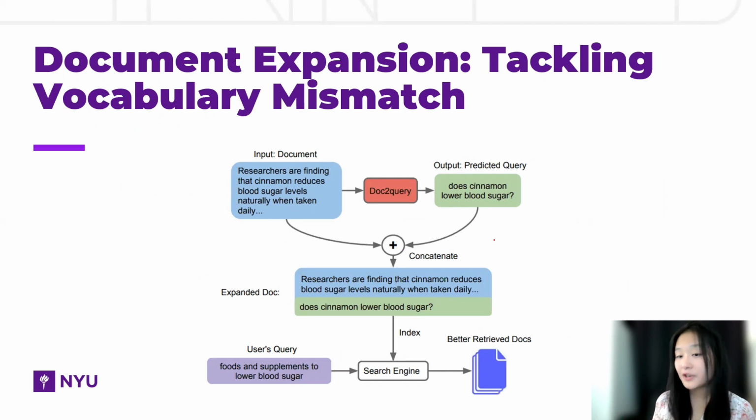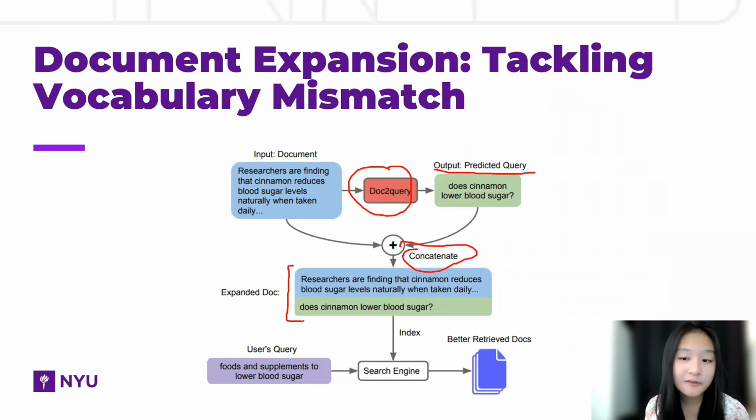We use large language models like BERT or T5 to predict the possible queries for each document and append them to the end as part of the original document in the preprocessing period. This helps solve the vocabulary mismatch. The model DocT5Query takes in a document as input and outputs some predicted queries. We call the concatenation of the document and the queries the expanded document. The expanded documents are then indexed in the database, then we use the traditional search method at query time,